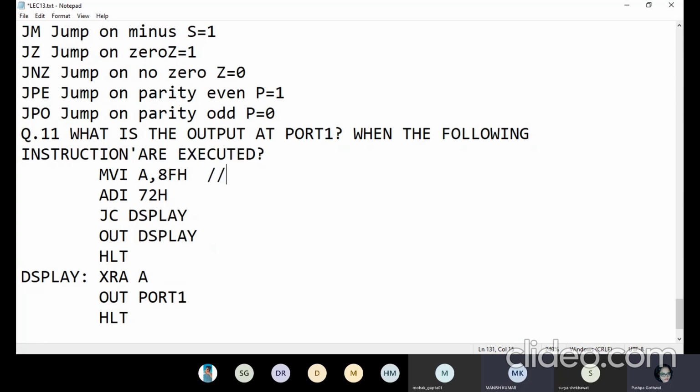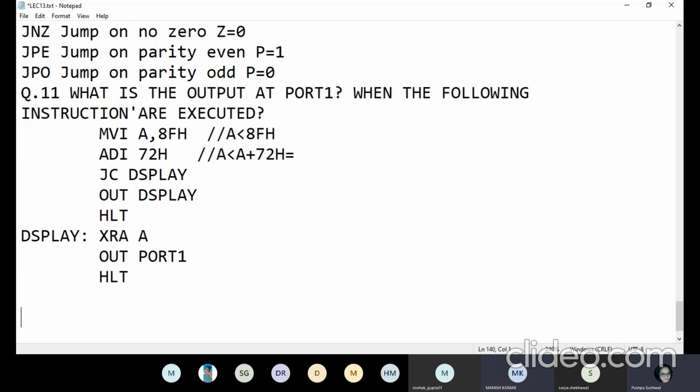After the execution of the first line, A contains 8FH. Then ADI 72H: what is the addition of 8F and 72H? We have to add 8F plus 72H.